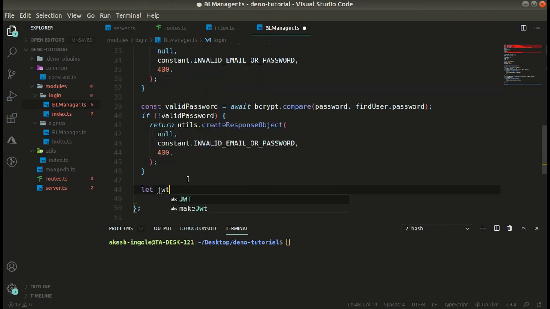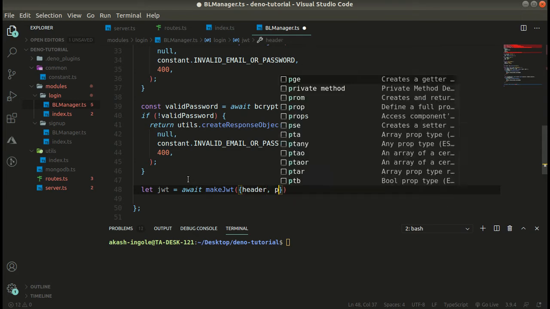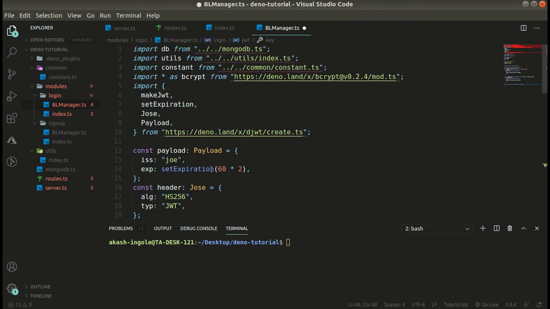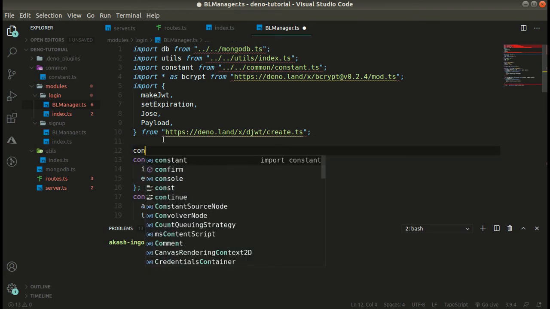Let jwt equal await makeJWT, and it takes header, payload, and the key. So let's have the key over here.